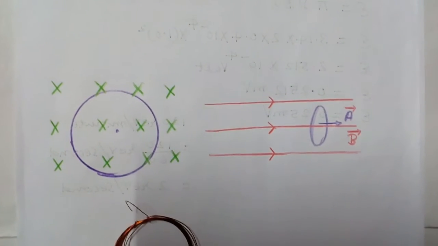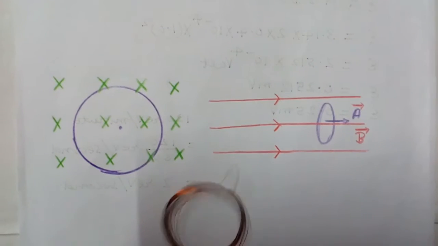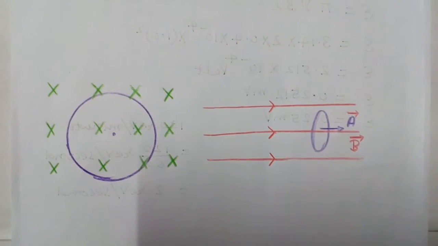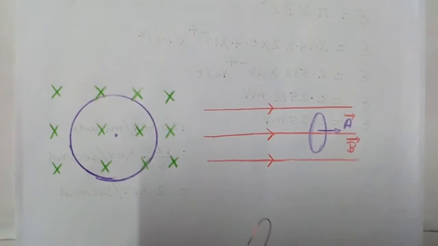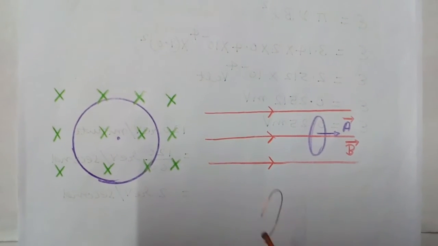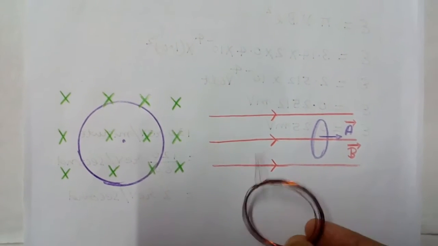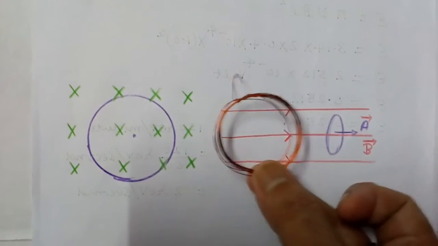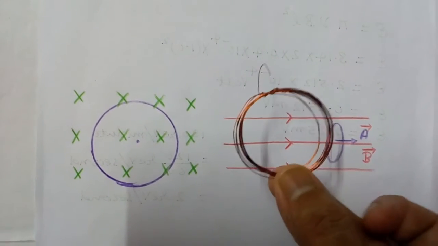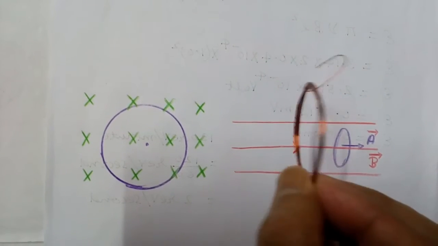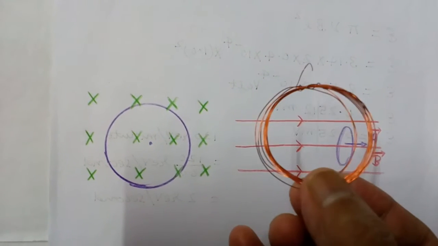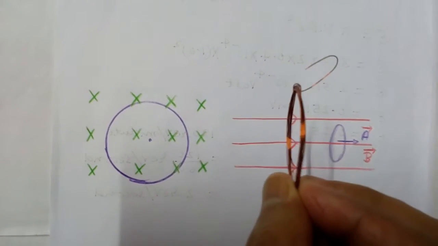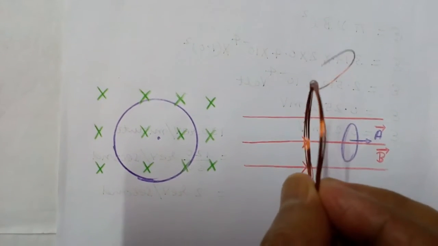Now here the change in magnetic flux is negative, so the EMF comes negative. The value of EMF is minus 5 volt or minus 10 volt. Now if you rotate the coil through 90 degrees from this position, keeping this coil parallel to the magnetic field and rotating through 90 degrees like this, then in this case the initial flux is 0 and the final is maximum, which is equal to BA. So in this case phi will be positive.